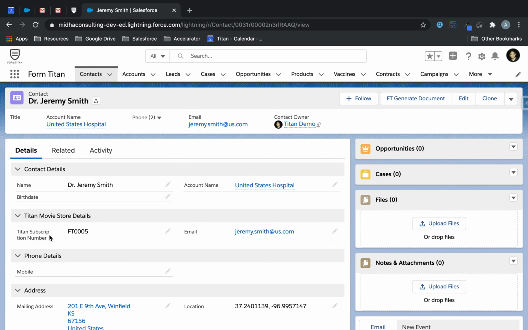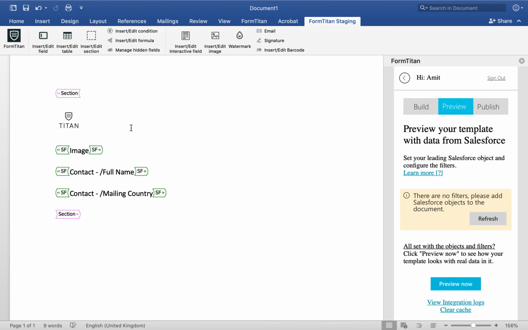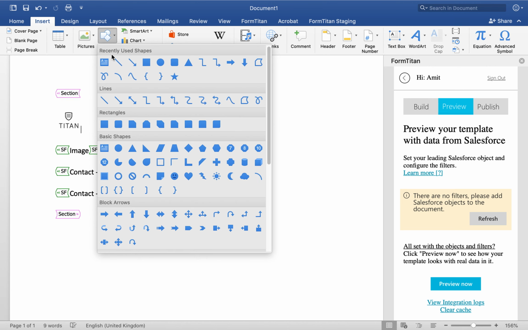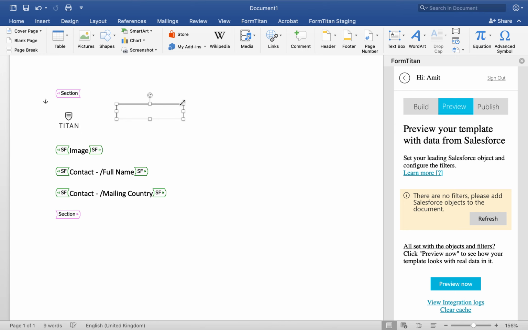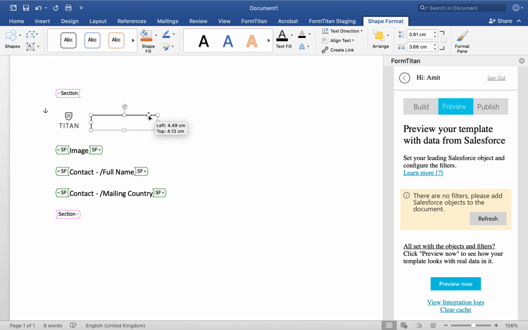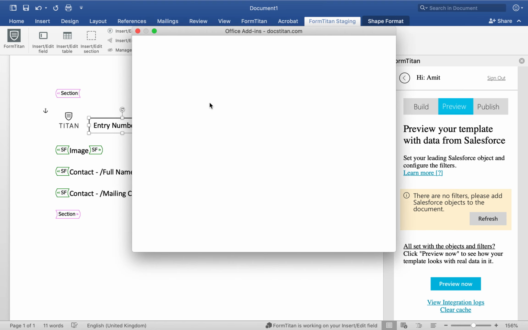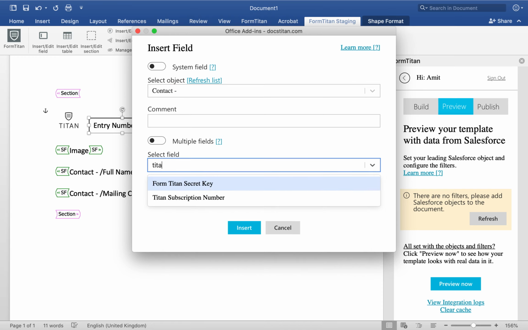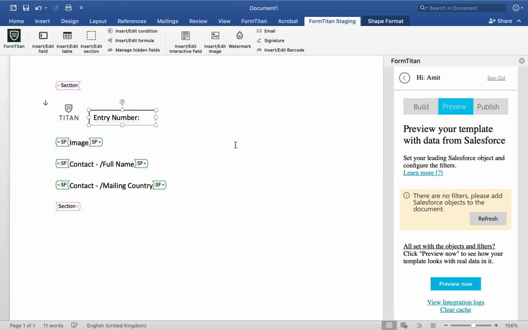They all have a subscription number here, Titan subscription number, so I do want that as well. For that, what I'll do is insert a shape like this, and within that shape I will say entry number, and then within that entry number I will insert the field Titan subscription number, like that. It's going to be pretty big, but I'll make it short